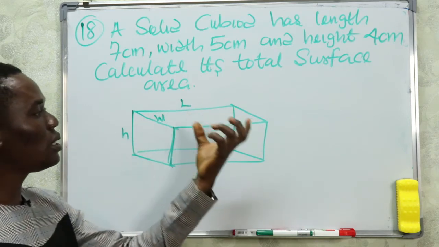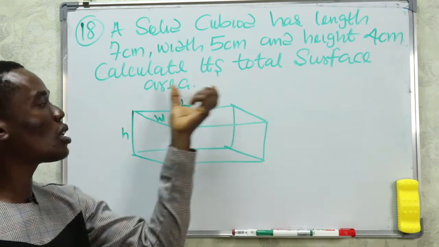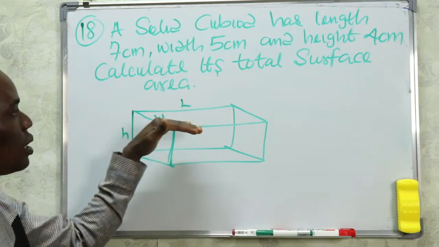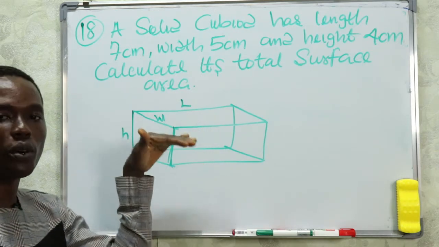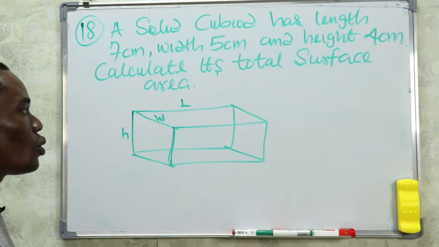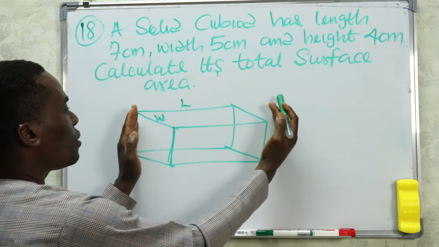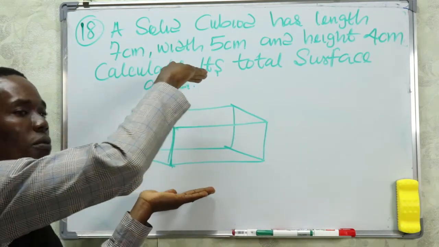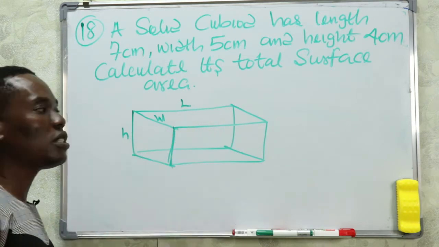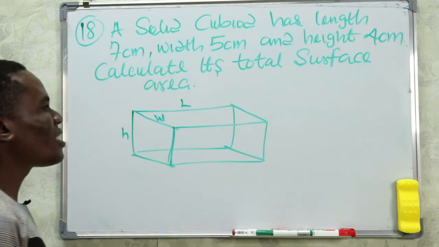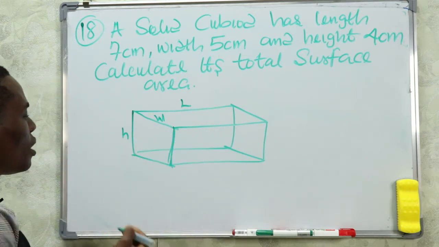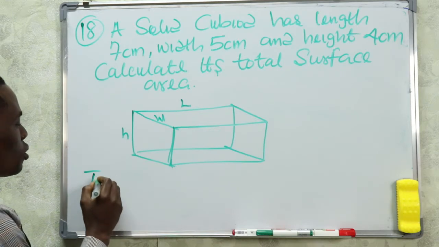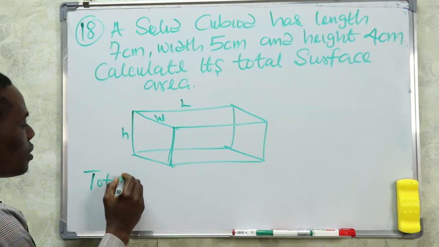If we check each of these sides, you come to see a significant thing: we are asked to calculate the total surface area. The cuboid has 6 surfaces, so we are going to look at this surface being the same, this upper surface being the same, and the side surface being the same. So the total surface area of a cuboid